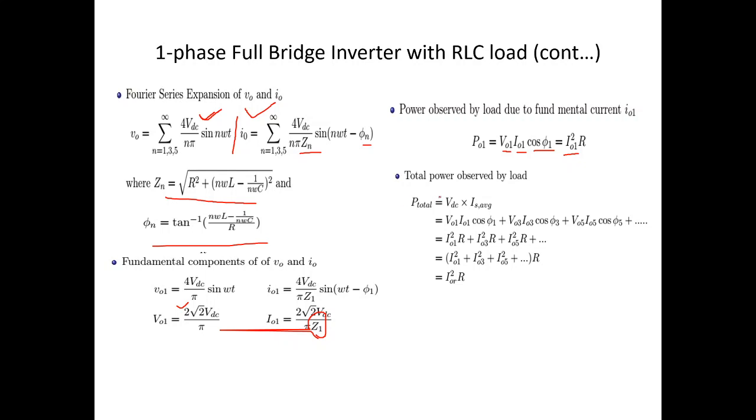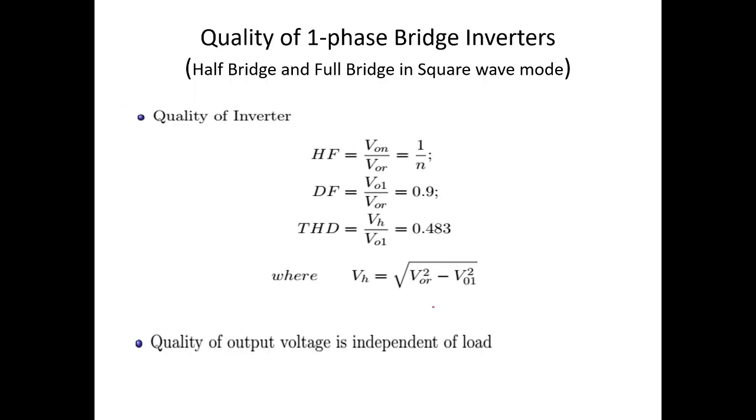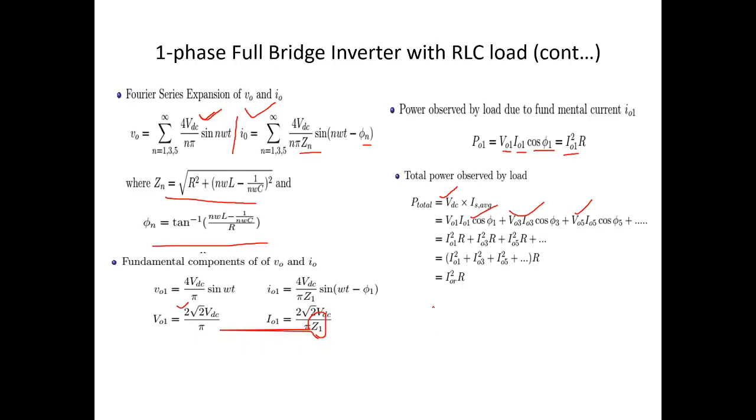From the source side, it is the source voltage into the average value of source current. From the AC side, it is equal to the power absorbed by the load due to each component. So that can be obtained using these formulas. Already we have seen this kind of pattern is the same. Maybe values are different, but the pattern remains the same. Now that is about the analysis of the single phase full bridge inverter under various load conditions.